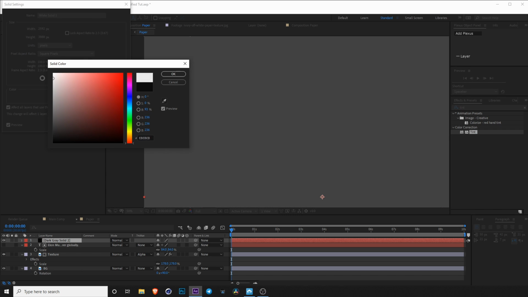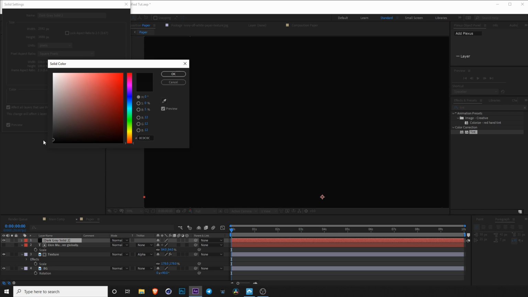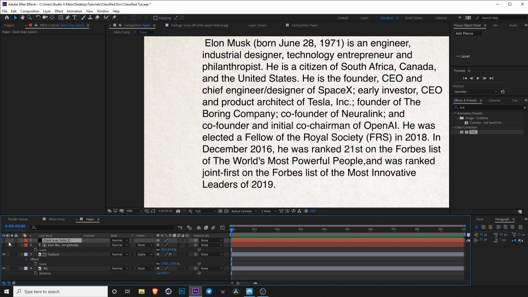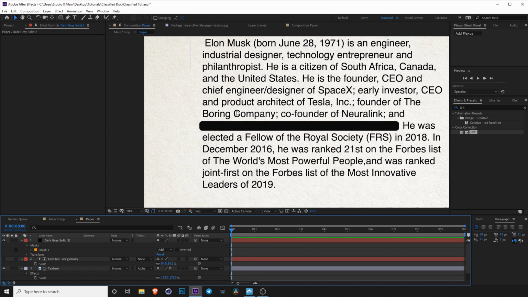So you can see here when you're dragging the values, 100% is white, 0% is black, and I did about 5%. So it's dark, dark gray. You're gonna turn off the layer, go to your rounded rectangle tool, and with the dark layer selected, you're gonna click and drag the shape around the text you want to black out. Perfect. Now if you turn that on, you can see that this doesn't really look too great, but that is okay,